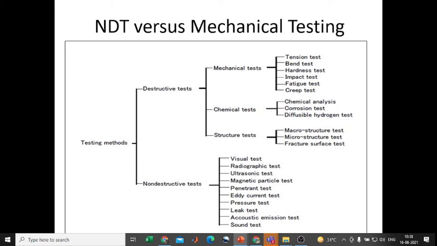And also the next one is the sound test. Okay, likewise, different testing procedures are available with non-destructive testing methods. So we should be aware, and you should be able to understand what testing procedures are available. After completing your degree, you may get a job in a manufacturing industry, and you may use these tests regularly for identifying material characteristics and material defects in industrial products.